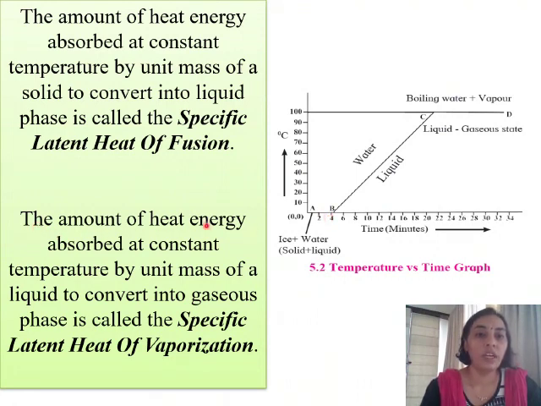Then the amount of heat energy absorbed at constant temperature by unit mass of liquid to convert into gaseous phase is called specific latent heat of vaporization, and we come across it over here, that is CD line. We have boiling water plus vapor, that is liquid plus gaseous phase. So during this time, the water is absorbing all the energy to convert it into the gaseous phase. That is a transition or change from the liquid to the gaseous state takes place over